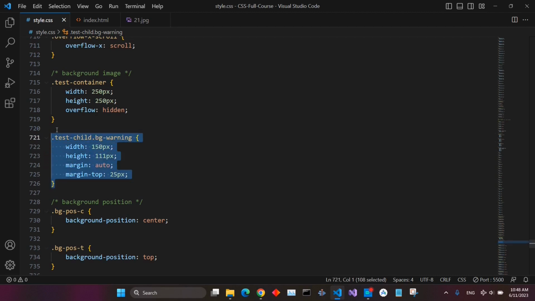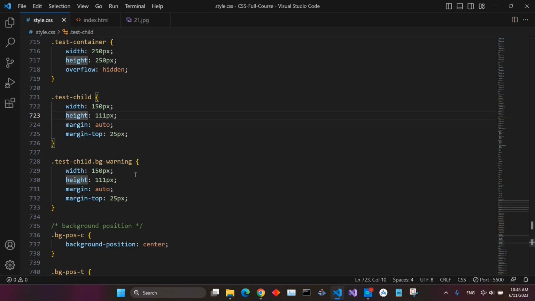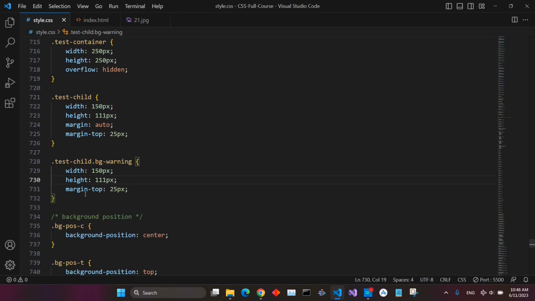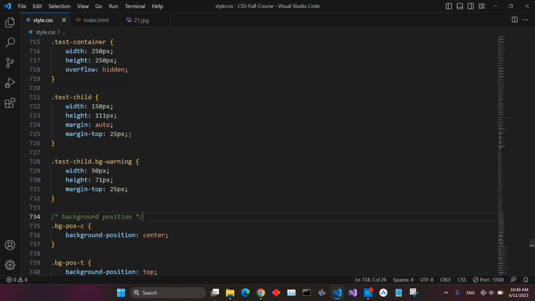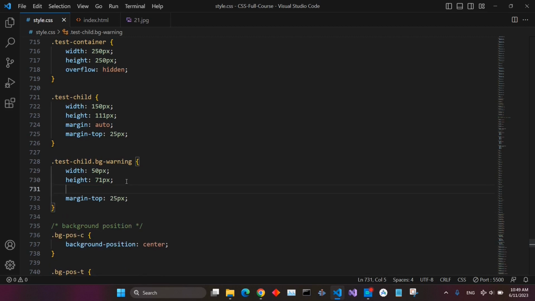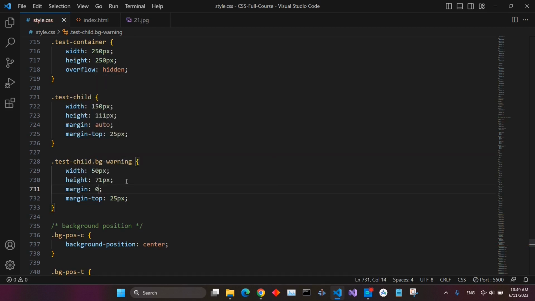Let us try a different thing, and we say for the test child to have the same width. Control C. On test child, this style, and for the background with warning, we want it to not have any margin auto, just have margin top, and then the width should be like 50, and the height should be like 71, and it gets the margin auto from the test child because it also contains test child. We can override that. Margin 0, like,